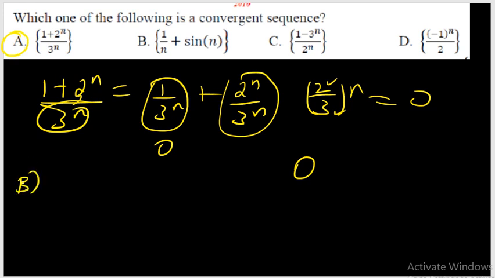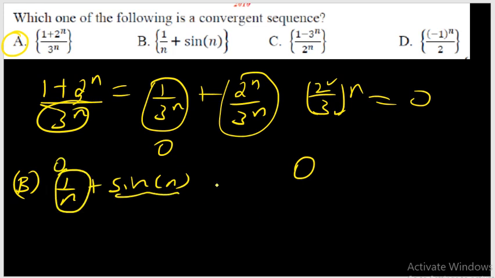If you go to B, it is 1 over n plus sine of n. As n goes to infinity, 1 over n will be 0, but sine n, it will be an oscillating function. We cannot say it is 0 or 1. We don't know. Maximum 1, minimum -1, but it oscillates. So it has no unique outcome. Leave it. If you go to C,